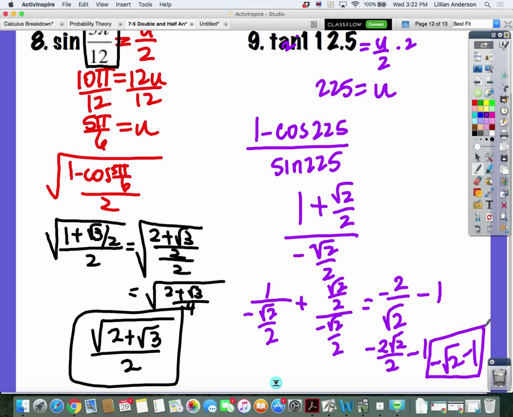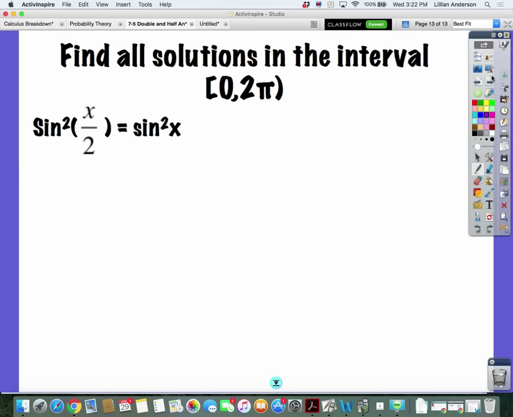It really is all algebra once you figure out the cosine or sine or tangent of your angle. The last example is one where you find the solutions using your half angle identities. These are more rare. You're more likely to find the exact values versus solving, but I want to show you guys this just so you can have it for your notes. Now, to solve this, these are both squares right here. This whole side can be written